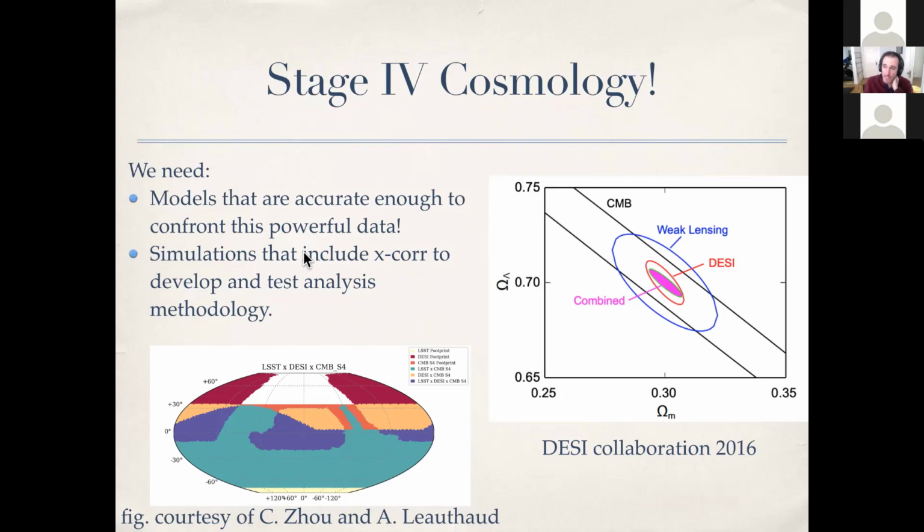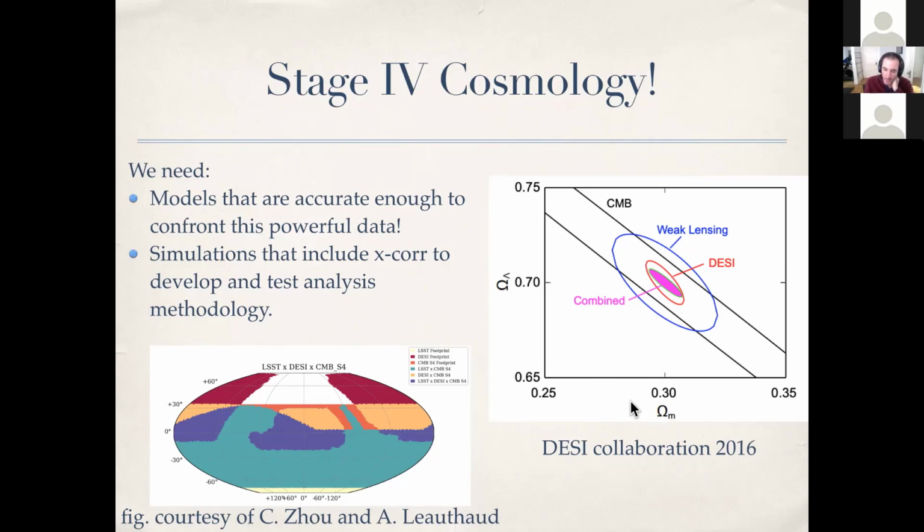And we're also going to need simulations that include all of these cross correlations so that we can develop and test this analysis methodology and make sure that we're getting the correct answer out. And if we can do those things, then the benefits that we'll be able to reap are going to be very large. So this is a forecast from a DESI collaboration white paper showing